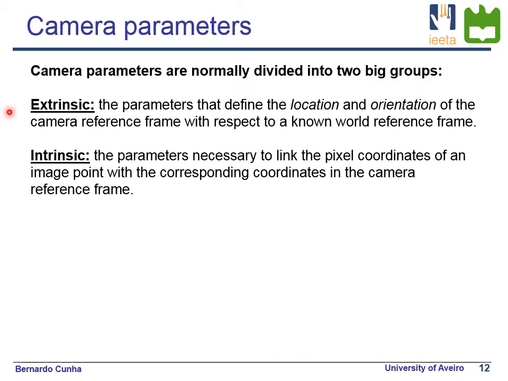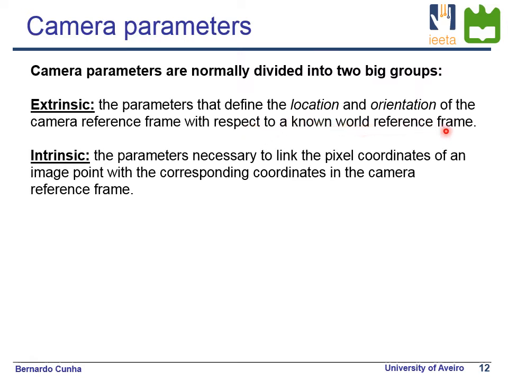In that perspective, we can say that the camera parameters are normally divided into two big groups. The first one is what we call the extrinsic set of parameters, and the extrinsic set of parameters are defined based on the location and orientation of the camera reference frame with respect to a known world reference frame. So extrinsic means that they lie outside of the camera, has to do with the position of the camera and its orientation in regard to what we consider to be the